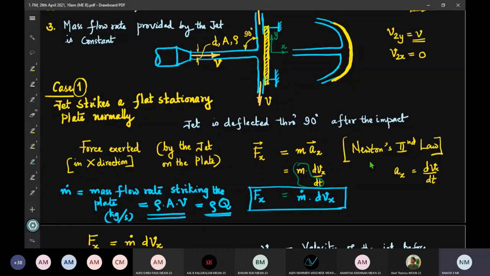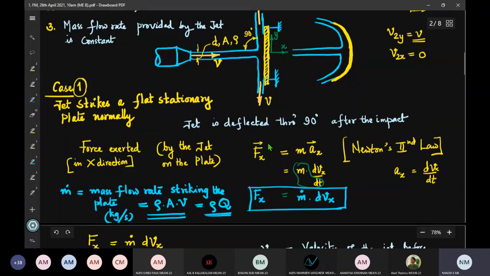So whenever the fluid undergoes a change in momentum when it strikes, definitely there will be a force exerted. So the force exerted by the fluid on the plate is proportional to the rate of change of momentum undergone by the fluid. So how do we find that? The force, F is equal to ma. That's a very famous one which we use very often. F is equal to m into a, mass into acceleration, but force and acceleration are vectors. They have magnitude as well as direction. So Fx is equal to max, I should say like that.